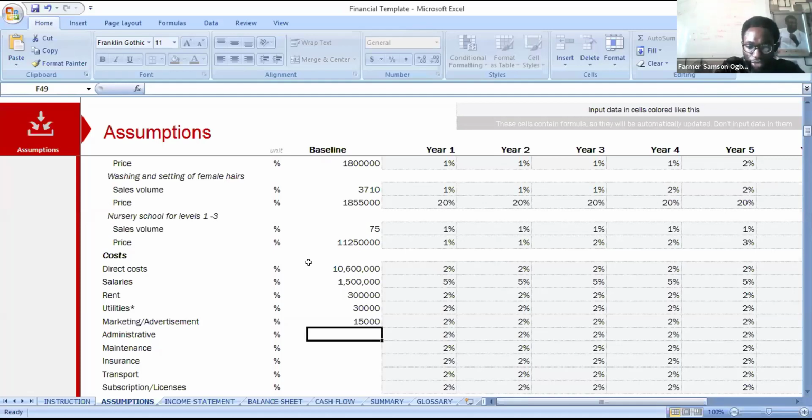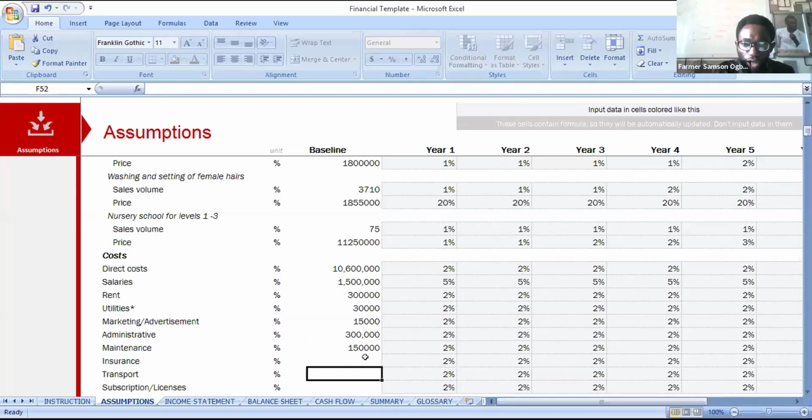So let's say administrative, we put 50,000 naira, because I want to assume for the person doing school, so we have to increase it. So let's say 300,000 naira, hopefully. Maintenance, so you have things like you have generator, you spend money on maintaining. You have anything that requires maintenance. Your school has ACs that require monthly maintenance. All the maintenance you are going to do in a year, let's put it at